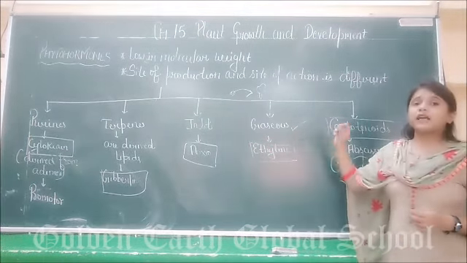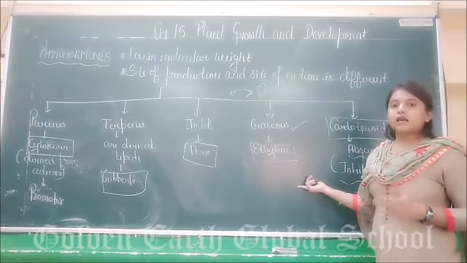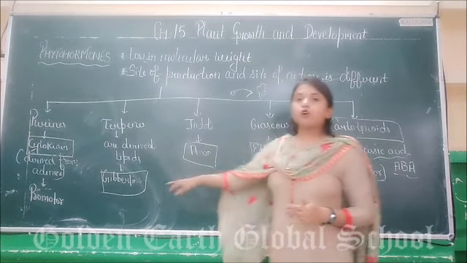The next one is a gaseous hormone. This is the only hormone that exists in the gaseous form, that is the ethylene. Now till here, these 4 hormones, that is auxin,